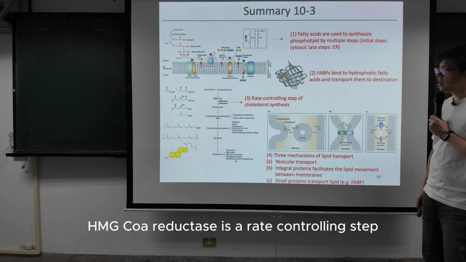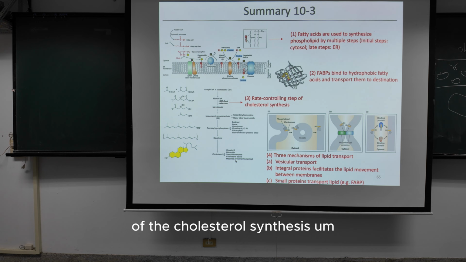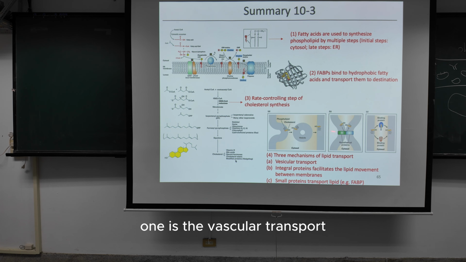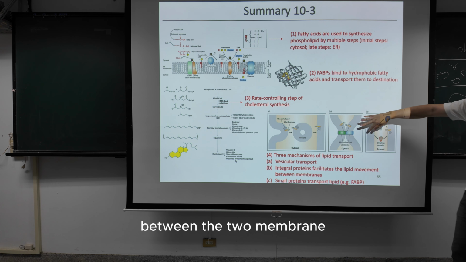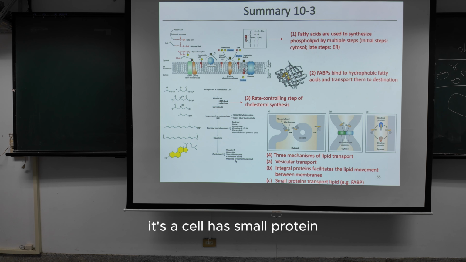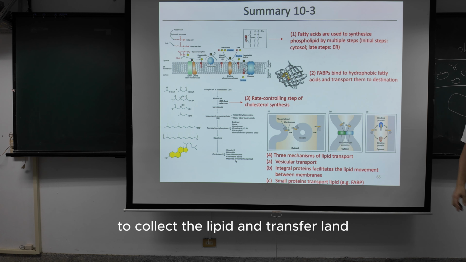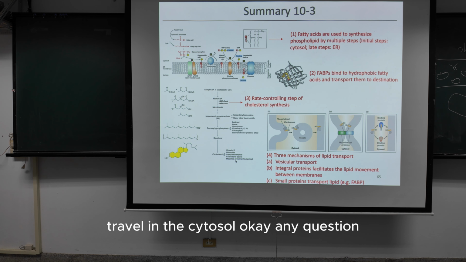HMG-CoA reductase is the rate controlling step of cholesterol synthesis. And also, we introduced the three mechanisms of lipid transport. One is vesicular transport. The other is integral membrane proteins that can facilitate lipid movement between two membranes that contact each other. And also, we have a small protein inside a cell, for example, the FABP. They have a pocket to collect the lipid and help them travel in the cytosol. Okay, any